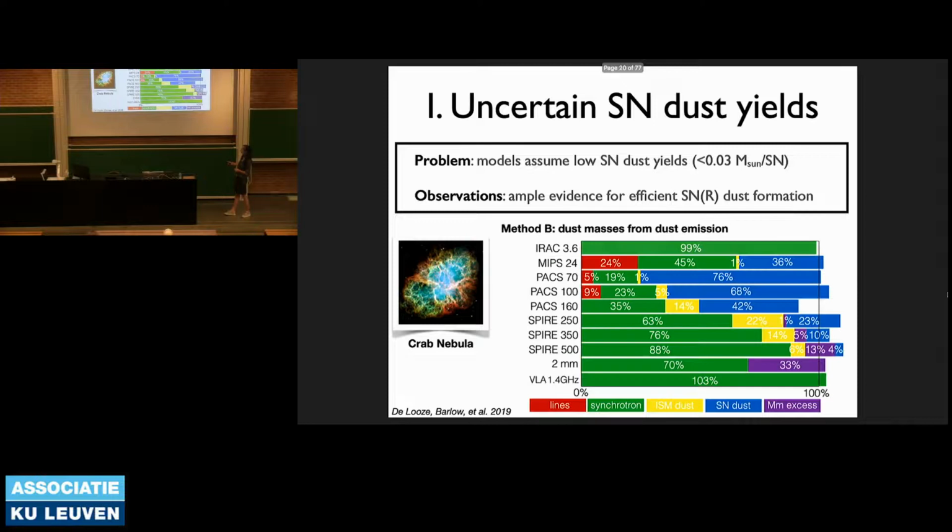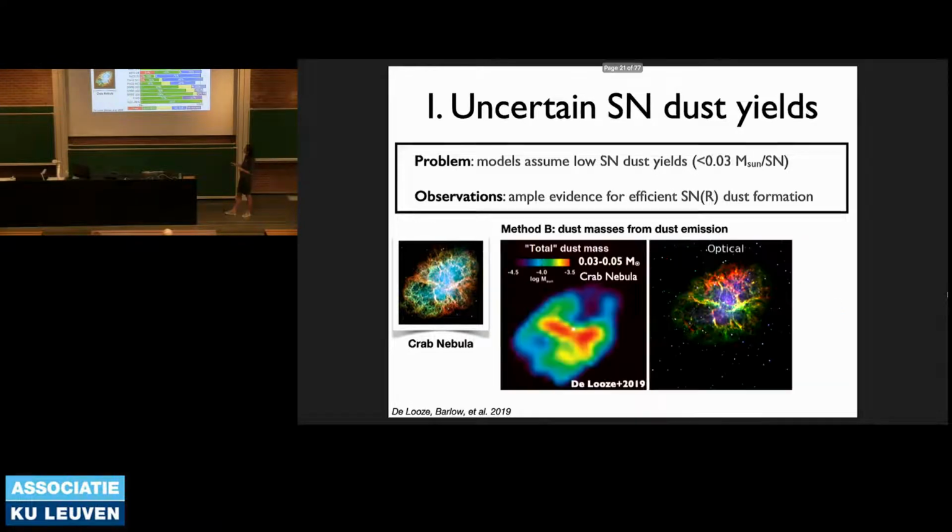So we again had to do a very careful job in trying to separate those different components, and we could make, again, a supernova dust mass map for the Crab Nebula. What you can tell here, if you compare to the optical, though they're not on the same scale, is that these optical filaments, where most of the dense gas is located, are also the filaments where we see most of the dust mass. So it seems that those are the sites of dust formation in the Crab Nebula.